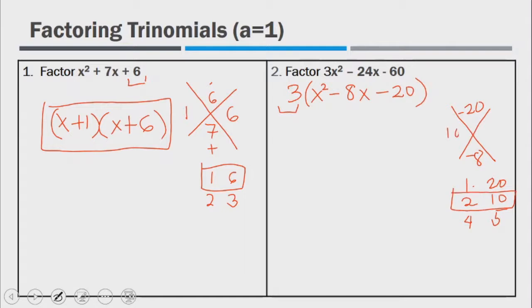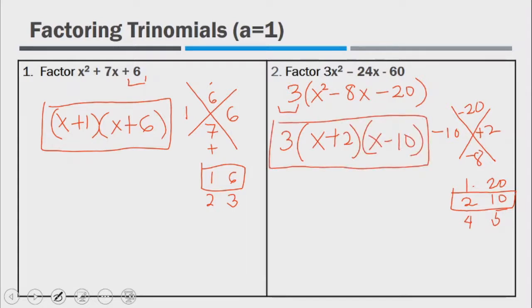So I can write 10 and 2. But I'm looking for a negative 8. So I'm going to have negative 10, positive 2. So this is going to become 3, and the factor of this will be s plus 2, s minus 10. And this will be the answer to this question. Again, if you want to check yourself, multiply it out, and you will see that you should be able to